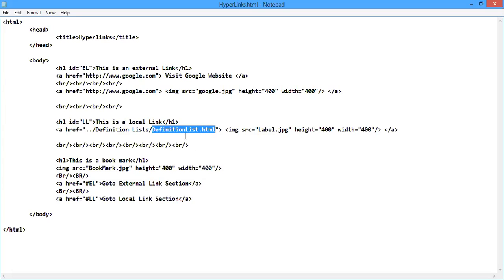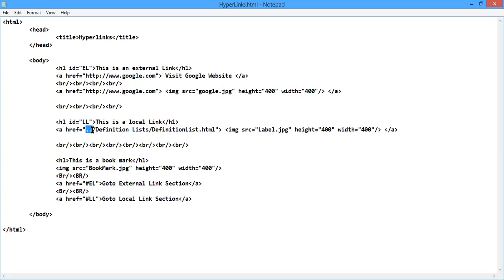Mainly, we use hyperlinks to locate to web pages, but it can be a document or any other resource even. Here you can see I have set two dots. These two dots are used to represent the total path up to this resource. Okay, so you can try this one.